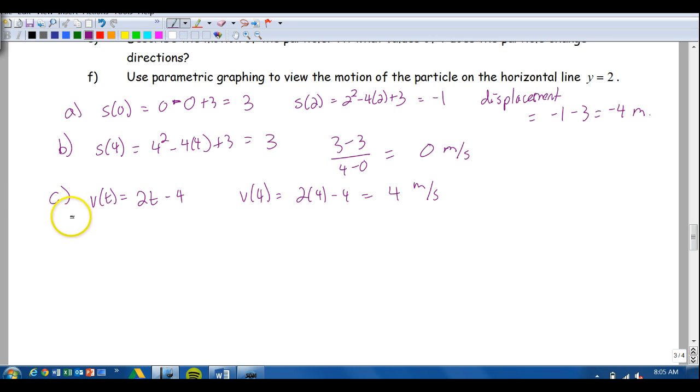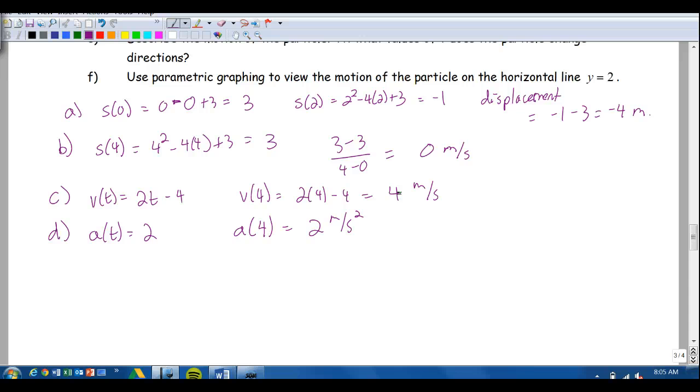Find the acceleration. So I'm going to take the equation 2t minus 4 and take the derivative of that, and I get the acceleration is equal to 2 with no t. So that means at any time the acceleration is 2 meters per second squared. And finally,